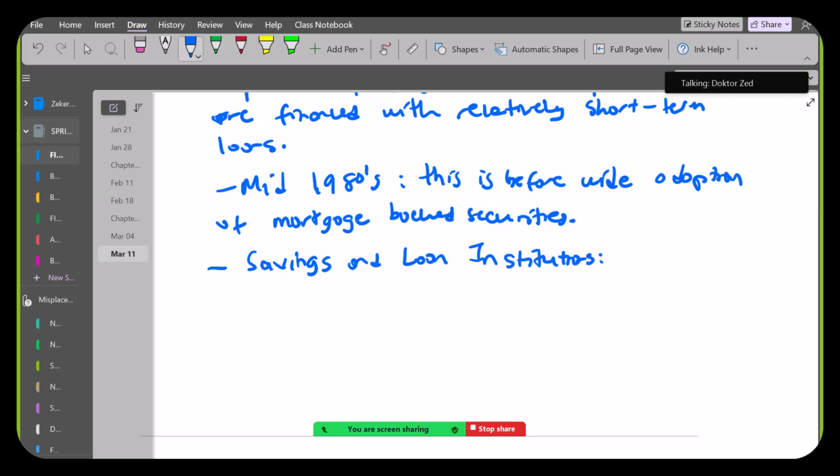Technically, they were banks, but you could not have checking accounts in there. You could have savings accounts, and most of their loan business were mortgages. In 70s and early 80s,